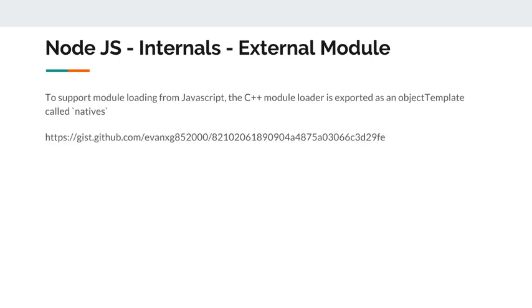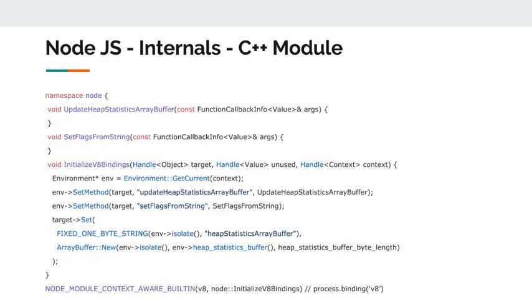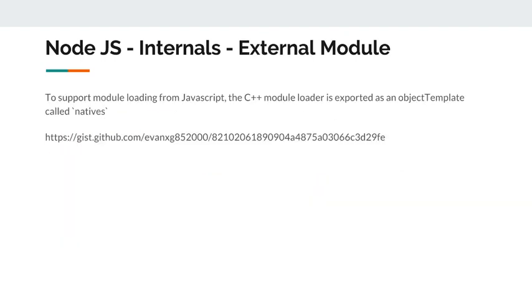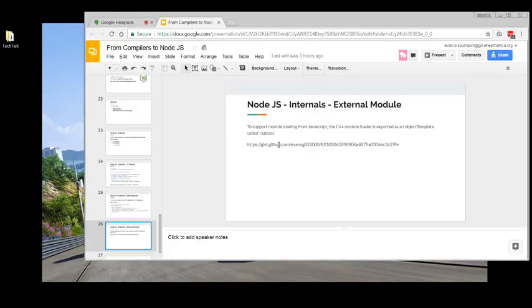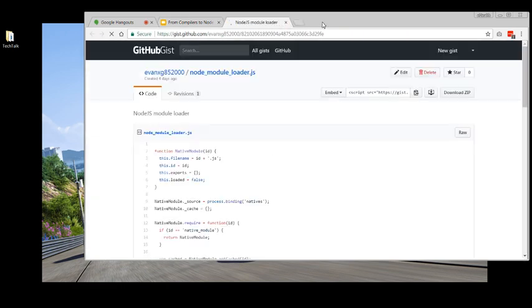Basically, the third one is called external module, and the way to support external module loading is that the C++ module loader is exported as an object template and will be available as natives. Just the same way as V8 is available as process.binding, you will have natives as the module. This source code was really long, so I did not want to embed it here, but you will always find the link